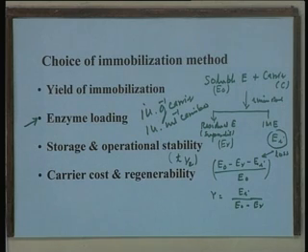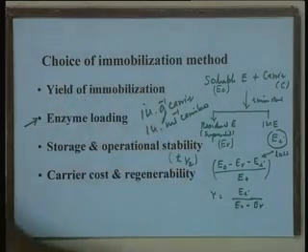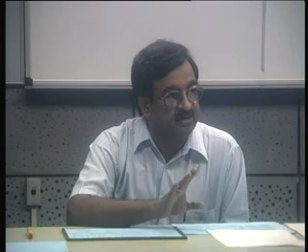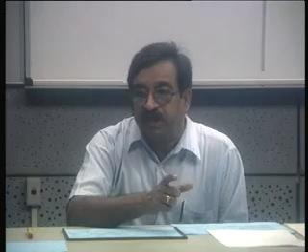For example, in the case of adsorption, you require a carrier. If suppose you want to adsorb by ionic binding, you need a carrier which possesses charges. Similarly, if you want a covalent binding, you need a carrier which possesses certain functional residues which can be coupled to the enzyme, and so on. So each method will have some limitations on the choice of carrier, and therefore the cost of the carrier, and